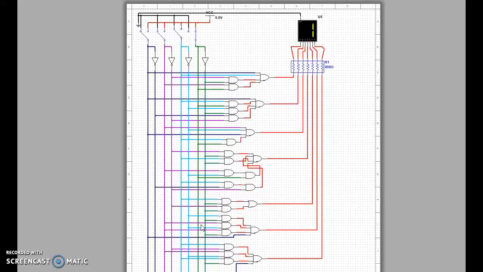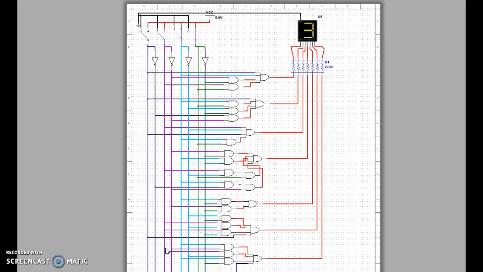Then to create 2, it is 0, 0, 1, 0, where A is on, B is on, C is off, D is on, E is on, F is off, and G is on. To create a 3, it is 0, 0, 1, 1,